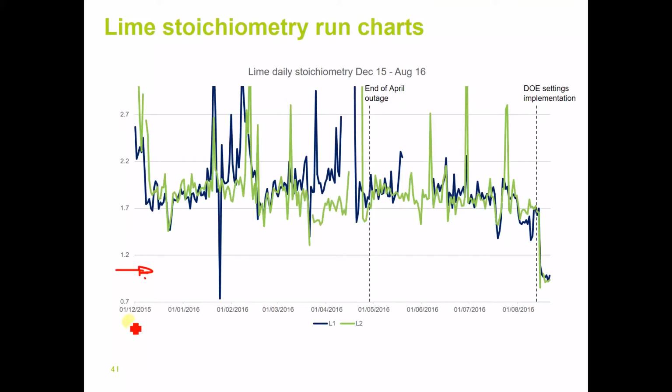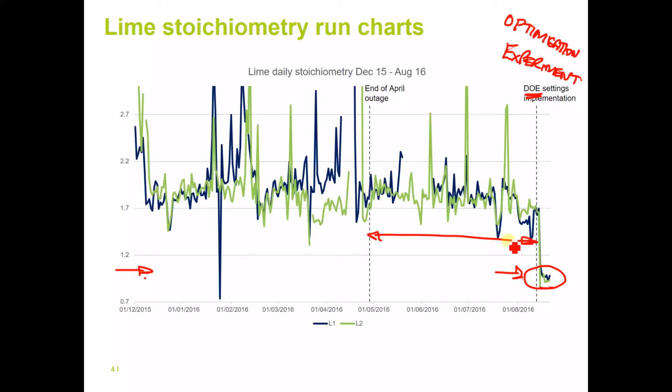That's the same period, look, starting in December 2015 right the way through to the end of this project. And look where the designed experiment, this is an experiment here to find process knowledge to optimize the process. It's an optimization experiment. Look where the results put them right where they want to be. Okay, but first of all, there is a period in the project of control. We need to take a little bit of the chaos out of this process,